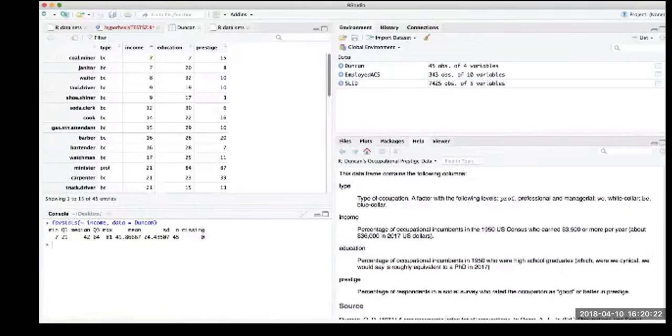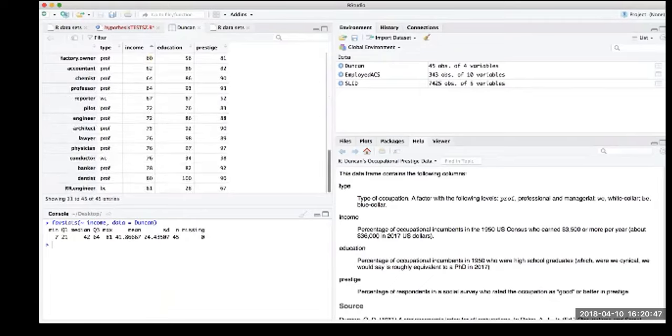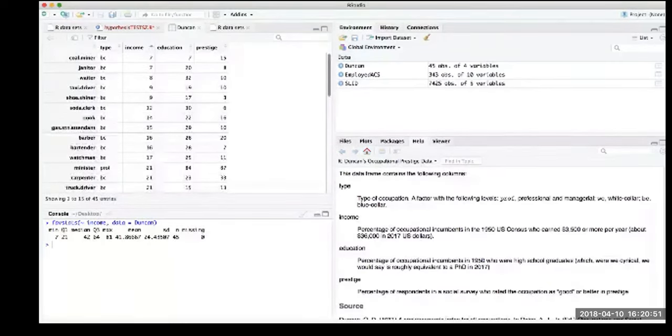And this is the percentage of occupational incumbents who earn $35,000 or more. So basically, the percentage of people within this occupation who earned more than 36,000 US dollars. And you'll see that not very many coal miners earned above what was probably then about the median income for men. But you'll see that if you look at the highest one, if you look at the highest income value here,